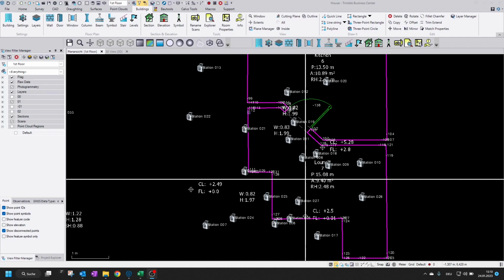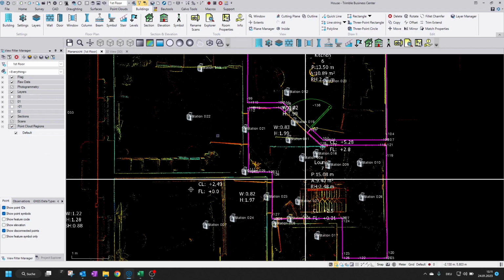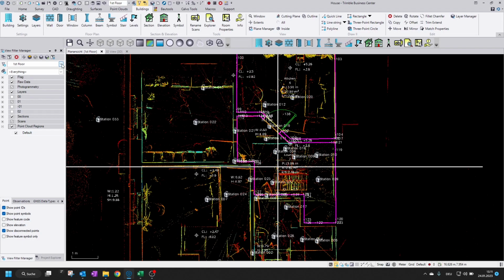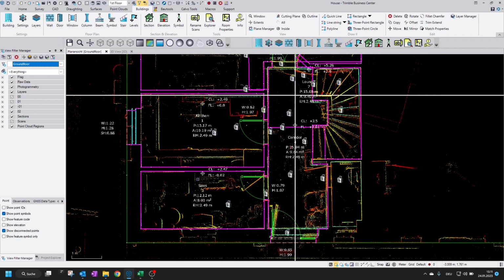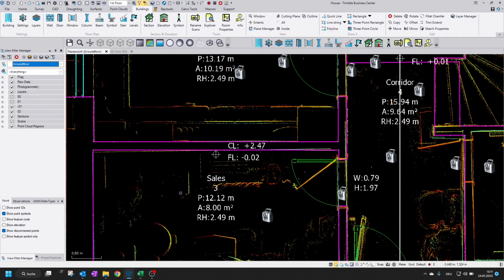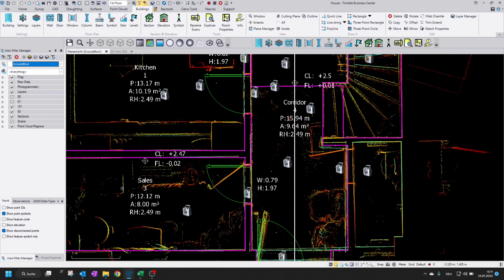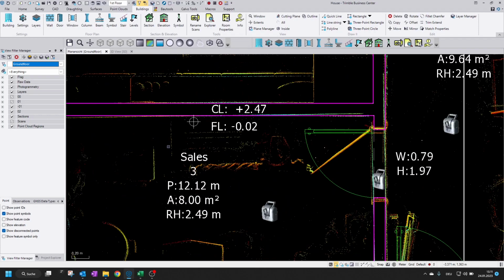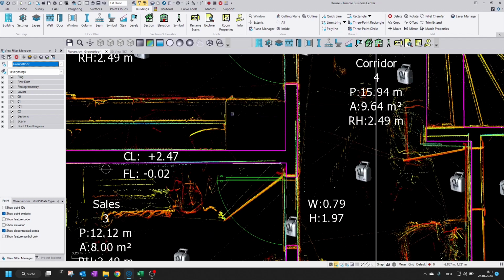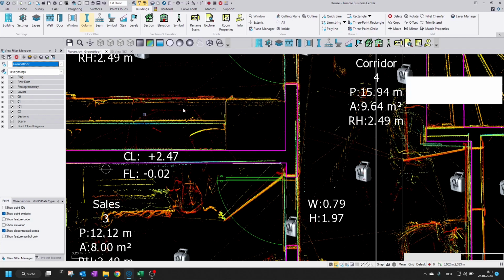Okay, so we have created the walls, the doors and the windows, and now the next step would be creating columns and beams, for example. So we activate again the point cloud, and we can move to the ground floor, and wherever we have a column, for example, if we have here somewhere a column, we don't have one in this example, but we can just draw one, for example in this area. So we launch the function column,